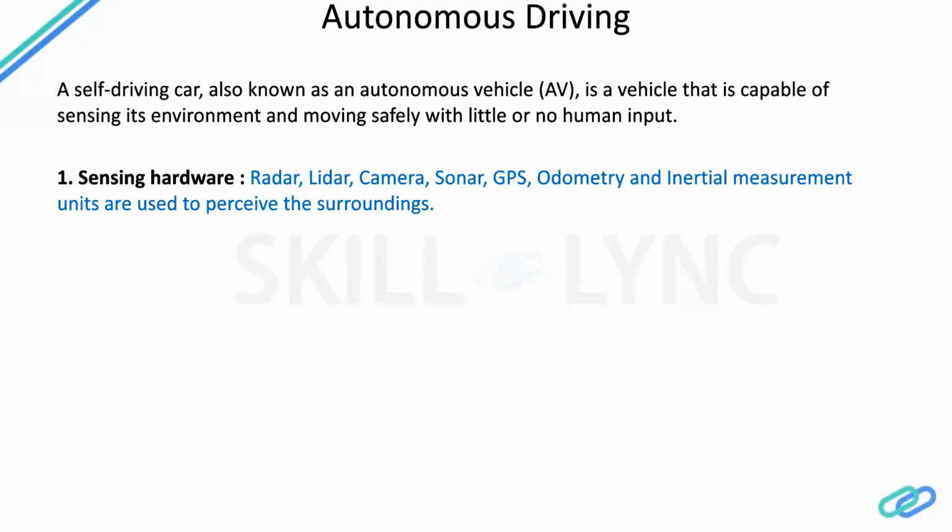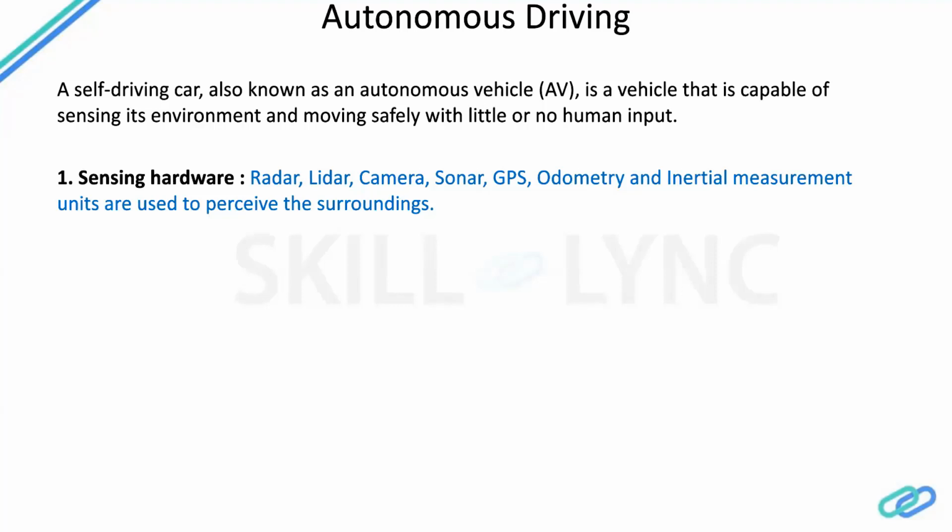First, to sense the environment, we have radar, lidar, and camera. As you know, radar uses electromagnetic waves in the radio or microwave frequency. Lidar uses light pulses. Sonar uses sound pulses. Camera, as you all know, and GPS, odometry, and inertial sensors basically give an idea of the ego's movement and position. Ego means the vehicle which I am driving. Radar, lidar, camera, and sonar are used to detect the traffic in the environment around the ego.